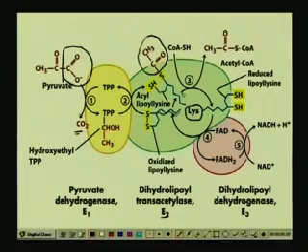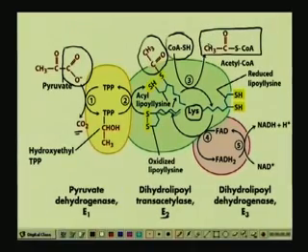Now coenzyme A comes into the picture. Coenzyme A now has to form acetyl-CoA, so it picks up this acetyl, forming acetyl-CoA,